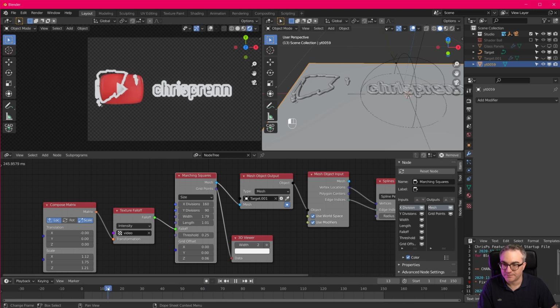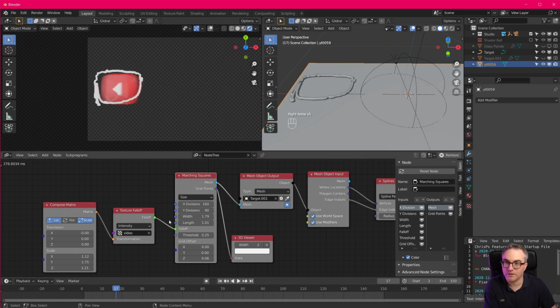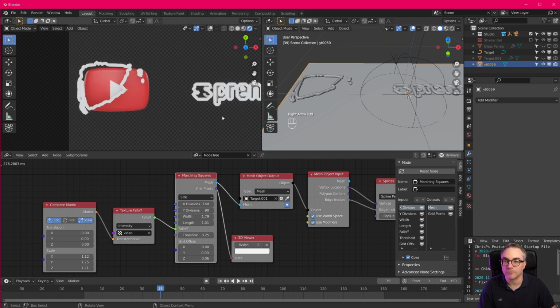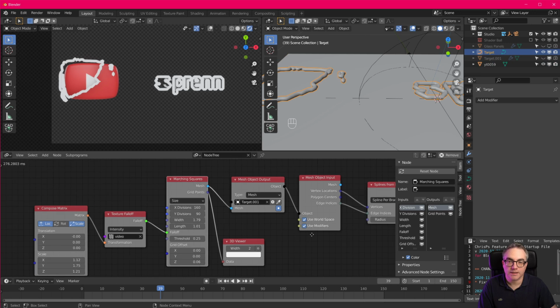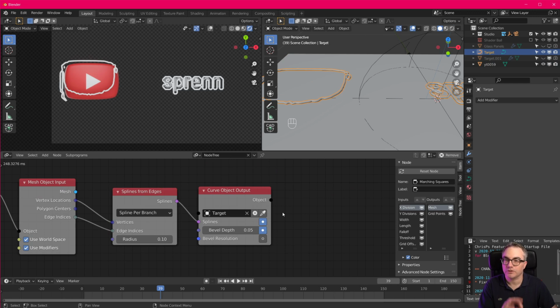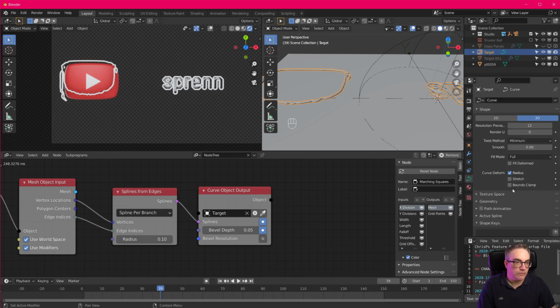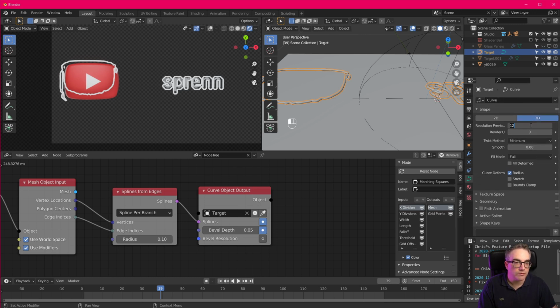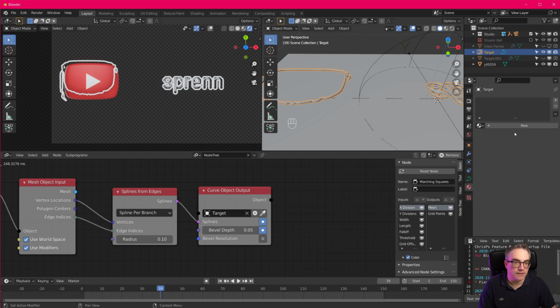Now, you can see, if I just flip through here, we get this. Now how do we make it look a little bit more interesting? So first of all, I think I'm gonna make this even thinner. So something like this, just to have thin outlines. Also, of course, this target object, which is now those lines, is a real curve, and we can do stuff with it. For example, we can up the resolution a little bit,